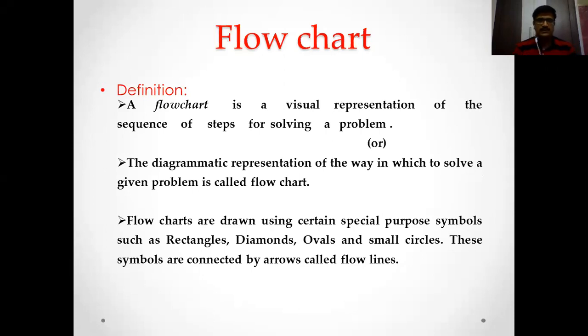Firstly, flowchart. In the previous session, we have seen what an algorithm is. An algorithm is a textual representation of how to solve a problem in terms of steps. So we can write everything in textual form. The only restriction is that it should be written in terms of steps, and it should not be ambiguous. Anyway, writing big algorithms in textual form would be difficult, and even understanding everything in textual form would be a bit difficult.